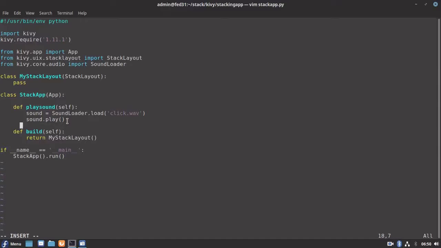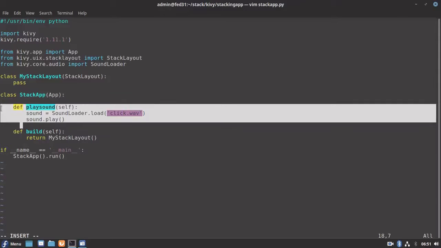My stack is our root widget, so we need to define this function within the root widget. Let me remove it from here.